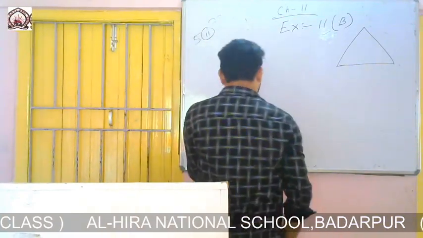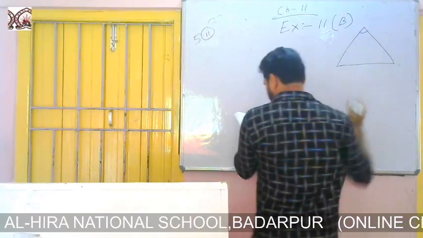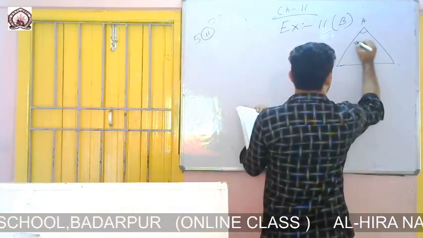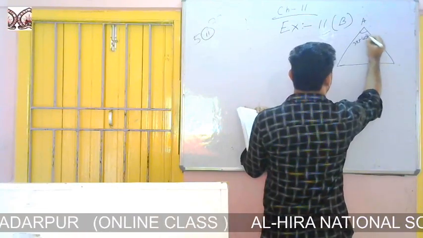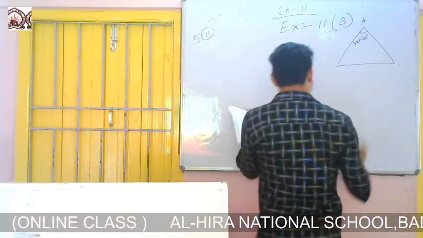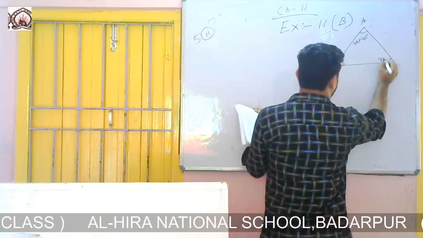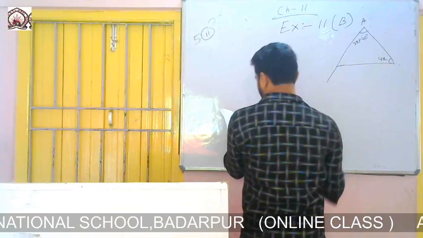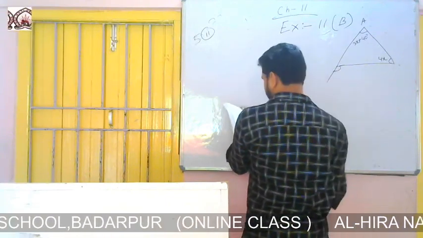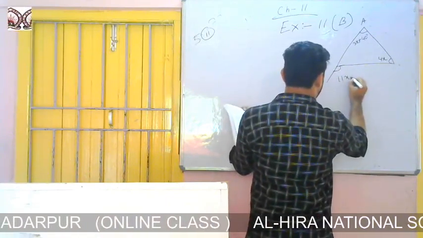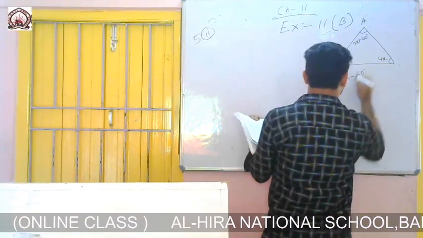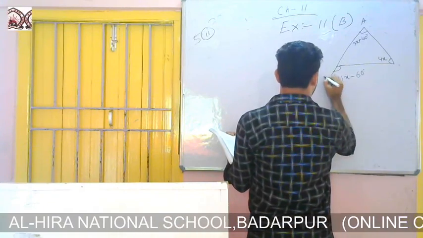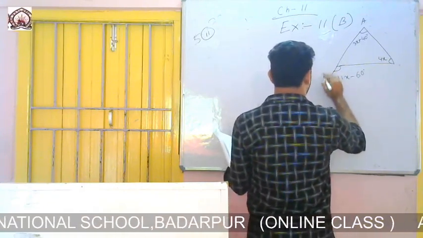Okay. Here the measure of this angle is given what? Angle A is given what? Thrice x plus 40 degree. If you look at the book, here it is given what? 4x. And the measure of this angle, this exterior angle, is given what? 11x minus what? 60 degree. Okay. Here it is what? D.